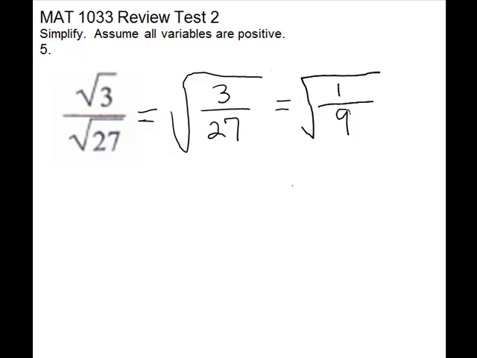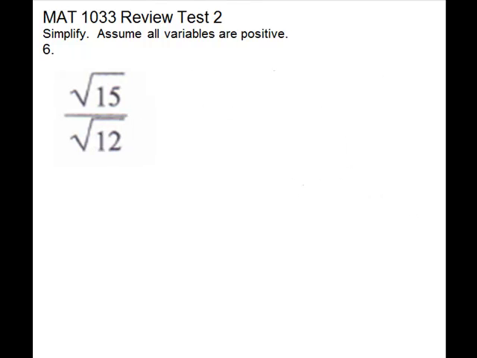Now, I can break this radical back apart, put the radical with the numerator and the radical with the denominator, and these are perfect squares. The square root of 1 is 1. The square root of 9 is 3. So 1/3. For problem 6, radical 15 over radical 12, I can also see a common factor between 15 and